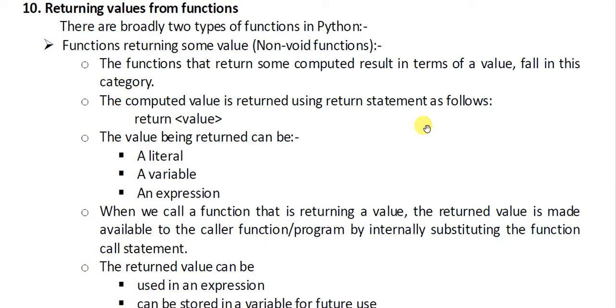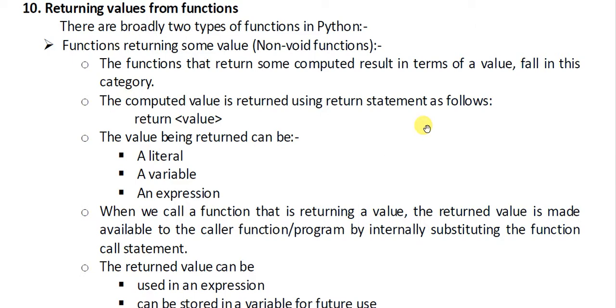In the previous video lessons, we have discussed the basics of Python, how to write a function definition, how to write a function call. Function call is like a nature's call. When it is called, you have to respond to it. Similarly, the function call has to be responded by the execution of function definition.